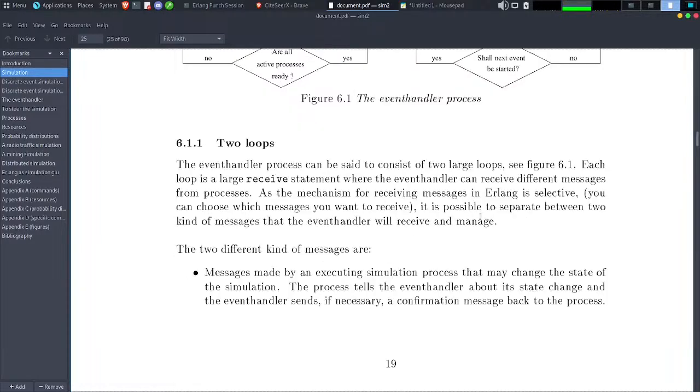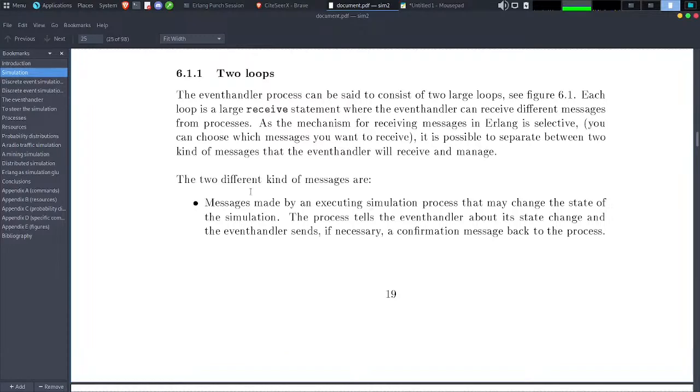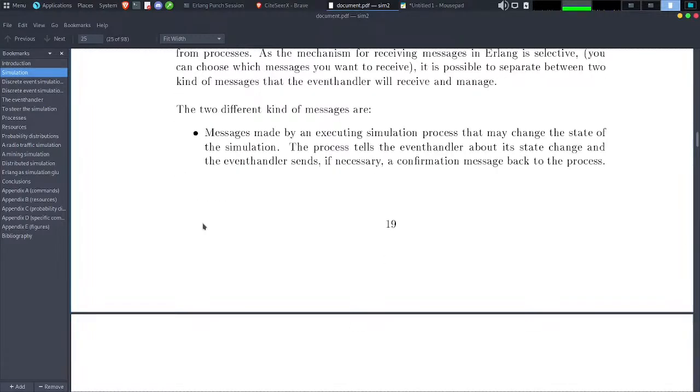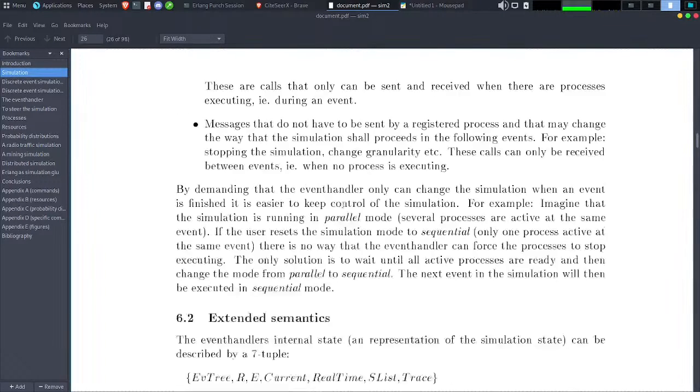It is possible to separate between two kinds of messages that the event handler will receive and manage. The first kind are messages made by an executing simulation process that may change the state of the simulation. The process tells the event handler about its state change, and the event handler sends, if necessary, a confirmation message back to the process.